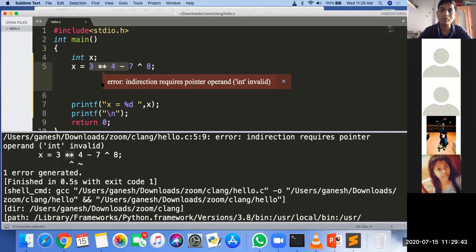Don't go directly for the solution. First see whether there is any syntax error, second look for any keyword error, then check that valid symbols are present in our program. Then after that go for the solution, or otherwise your time gets wasted.